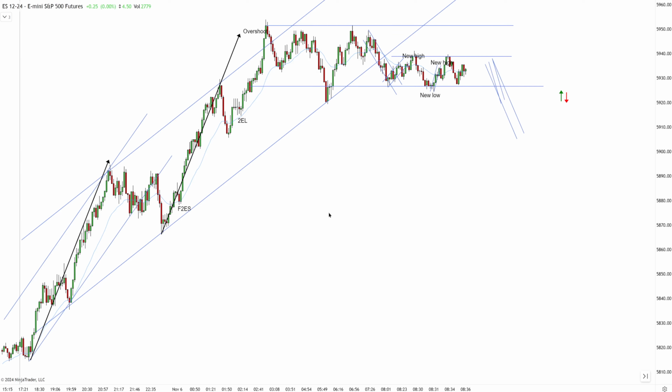We're looking at S&P 500 E-mini futures. The time frame is a 2000 tick chart, and we're looking at post-election price action. We can see that during the overnight session, the market rallied to the upside quite strongly. In fact, we have a massive increase in volatility, so many bars for the overnight session.